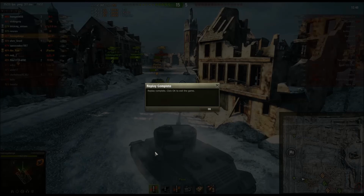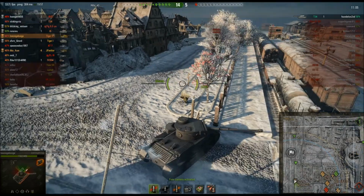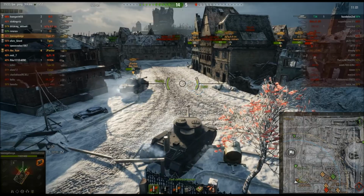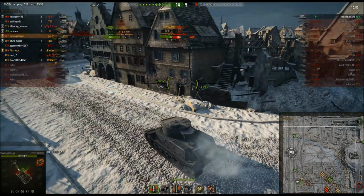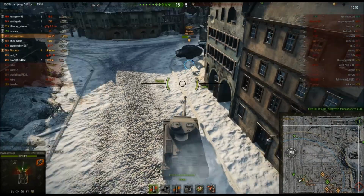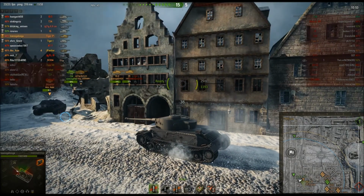is quite incredible in general. I've got another one I'm going to show you, which is on Steppes. I didn't realise how fast this one ended. I thought it went for a little bit longer when we came around this corner, but no, they took the 34 out just before we could get there. So yeah, but no, the Tiger P, it is